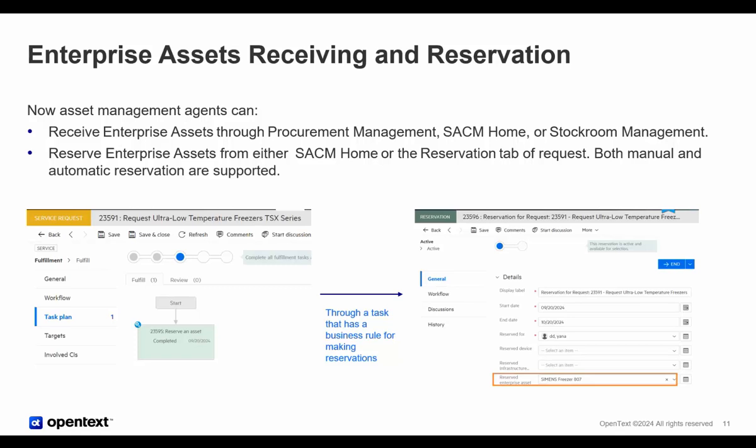So as you know that we introduced the enterprise asset management since last year, and before this release, we already have a quite good foundation for the inventory management for enterprise asset. And in this 24.4 release, we also start to support the capability to allow the asset management agent to receive enterprise asset from different channels. As you can see, we mentioned in the slides, like the procurement management, native SACM homepage, or the stockroom management. You have different